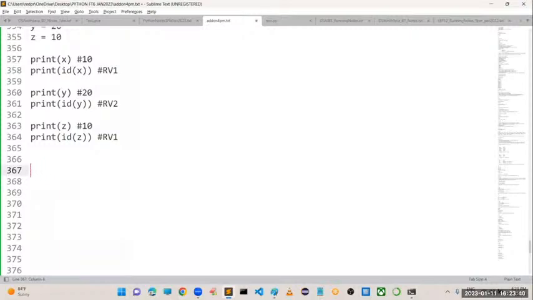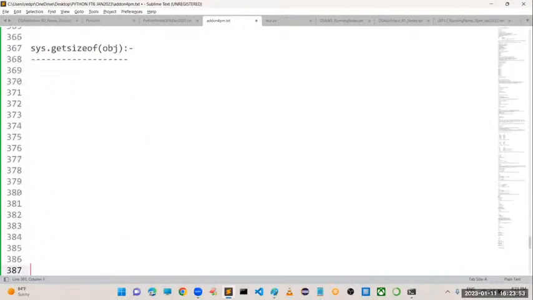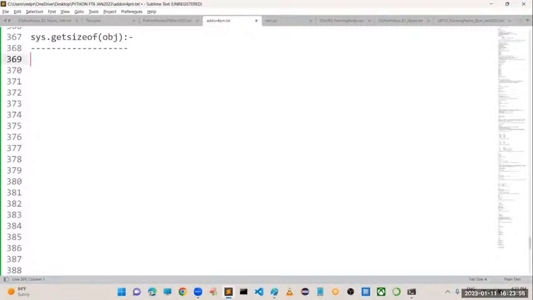Now, so this is nothing but the id function what we have. The next one, sys dot getsizeof function is there. Just if you pass an object, it will return the size of this particular object, sir. Okay. So what is the functionality of this one?